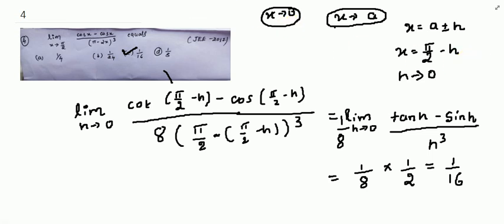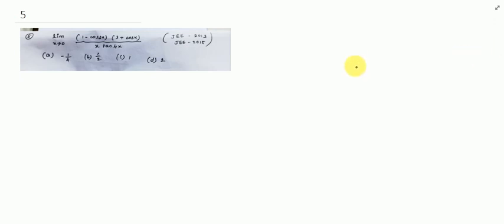So let's move into the next problem. This is an important problem, a JEE 2013 and JEE 2015 problem. It is the limit as x tends to 0 of (1 minus cos 2x) into (3 plus cos x) divided by x tan 4x. For this problem, let me consider the limit as x tends to 0 of 1 minus cos 2x